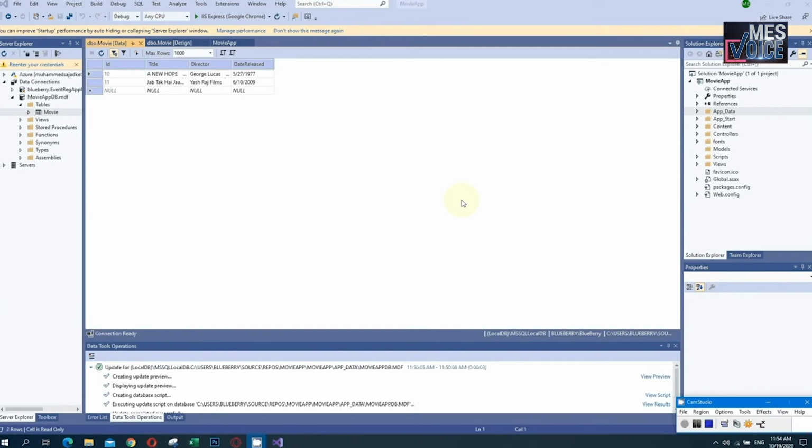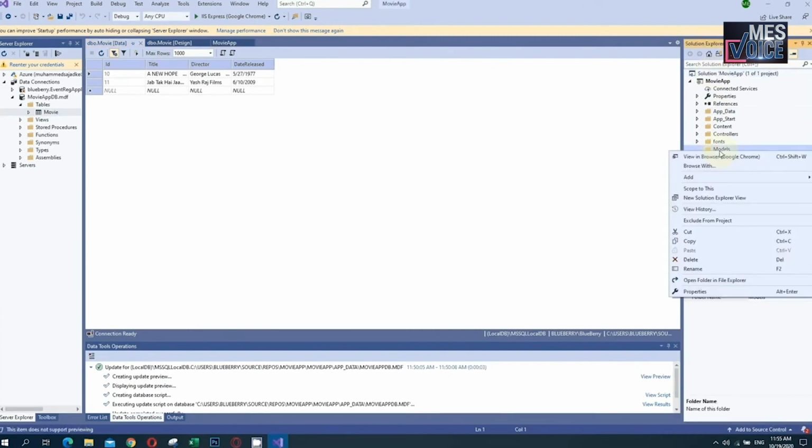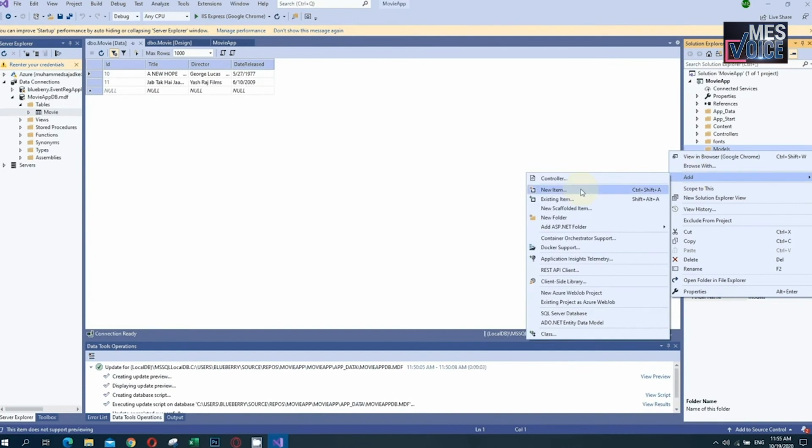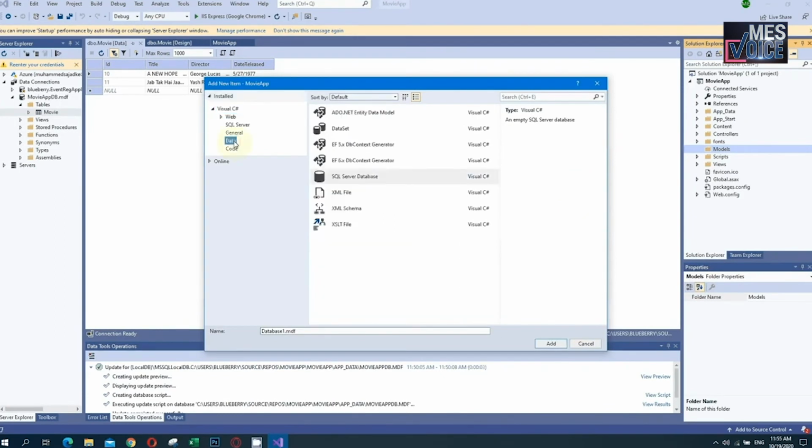Then we will go to create one model. There is a folder called Models over here in the Solution Explorer. Right click there, click on Add and add a new item. From the Data category, you can see that an ADO.NET Entity Data Model is available here.